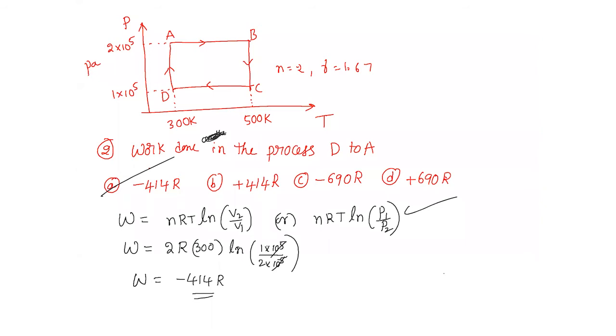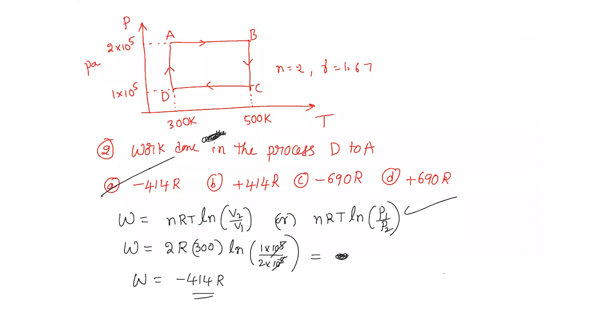So negative only you'll get. Even I thought that you'll get positive. No, A is correct. A is the only correct one. Log values will be given. Children, A is the only correct one. You'll get a negative value only. Why? Because ln 1 by 2 gives a minus value. That's why you'll get a negative value. Even I didn't see it properly, that's why I told that B is correct.